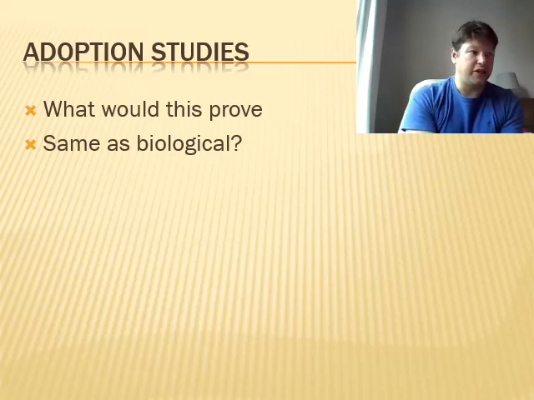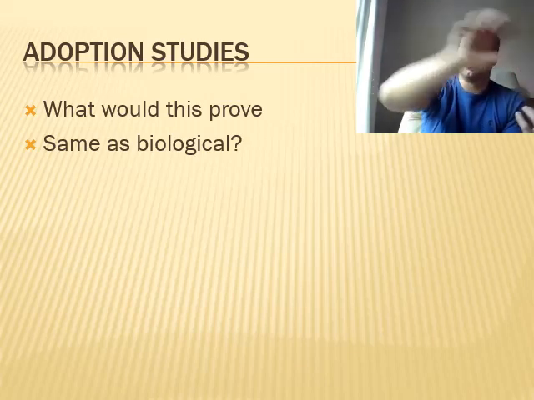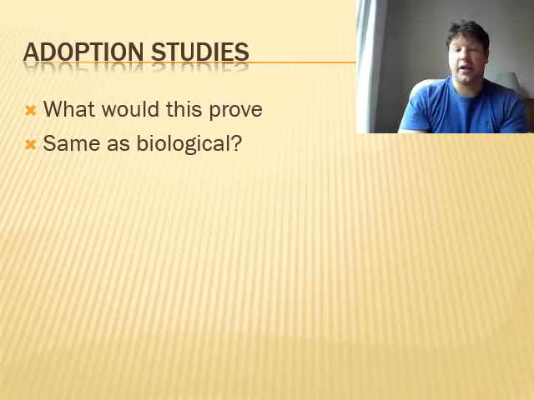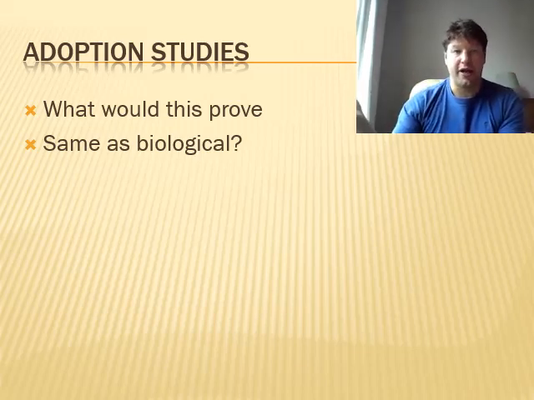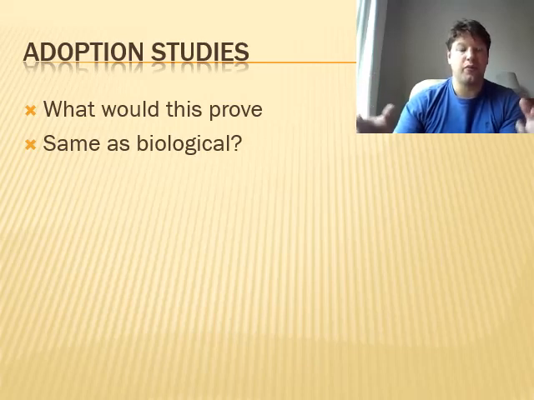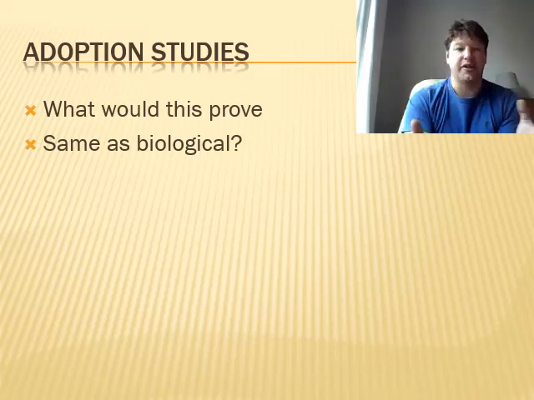let's say that child grows up to be aggressive and they assault someone, but their adopted parents have never committed assault, they've never been in trouble with the law, but then you trace it back and find that actually their biological parents, who they may or may not know, had been committed for assault, then what would that prove? Hopefully you understand that would prove there is a biological link, because you've taken the person out of the environment with that biological person, yet there seems to be some concordance with it.